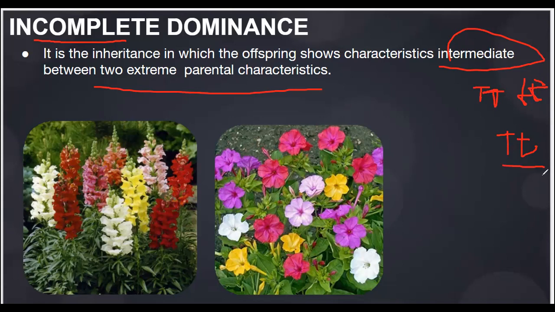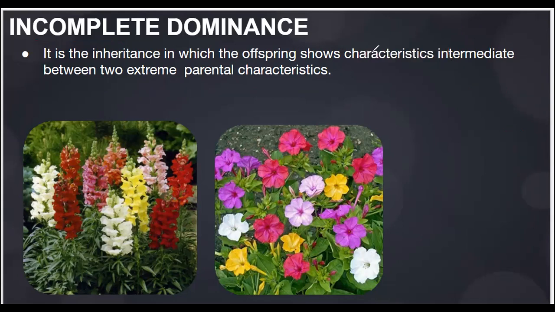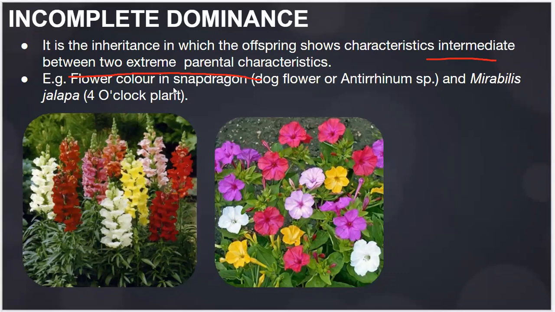What will be the phenotype? If it is following Mendel's law, tall. But in incomplete dominance, the plant will neither be tall nor dwarf. It will be somewhere in between. That is what we mean by incomplete dominance. It is the inheritance in which the offspring shows characteristics intermediate between the 2 extreme parental characteristics. We will see the example of the 4 o'clock